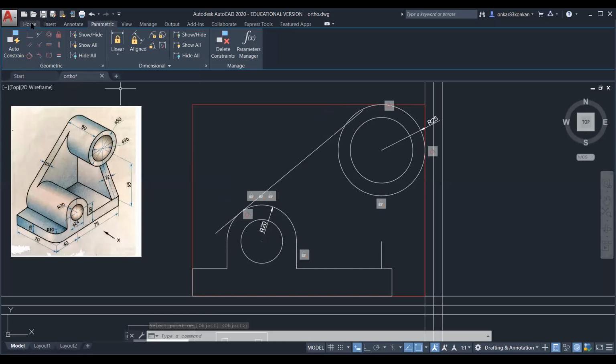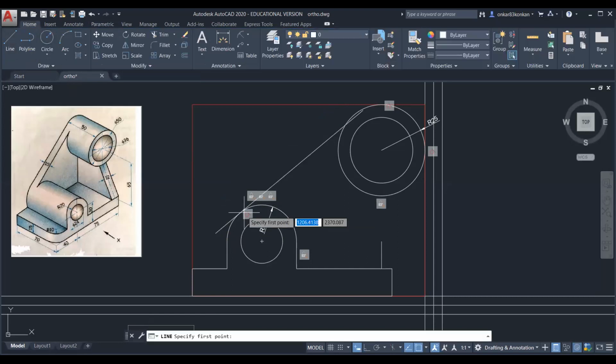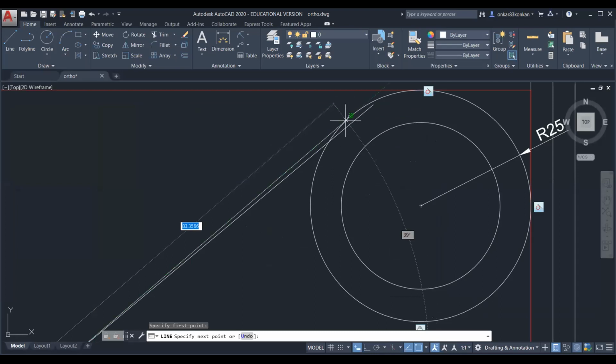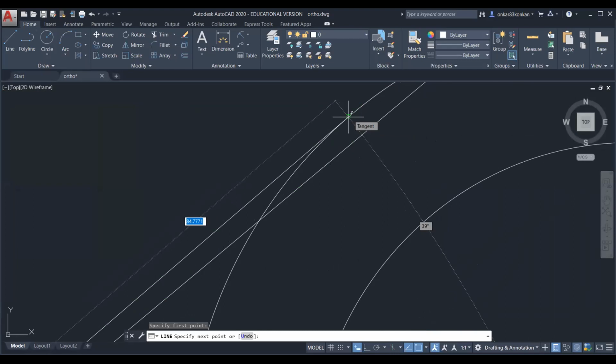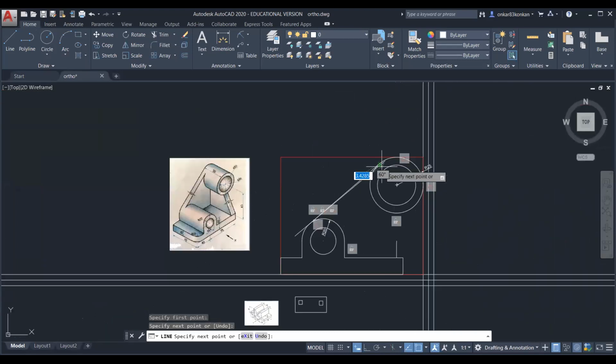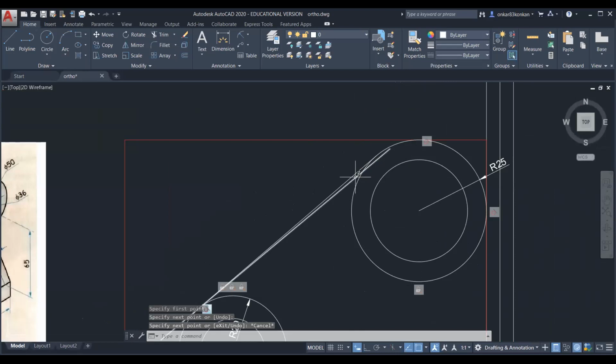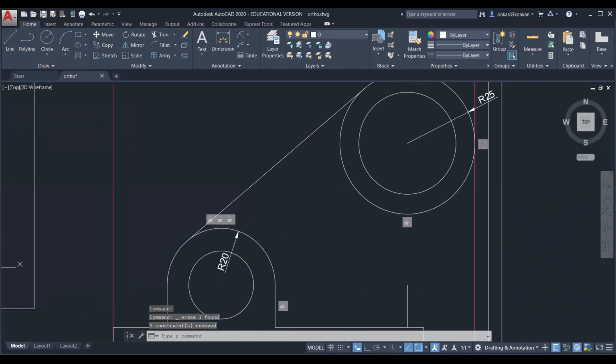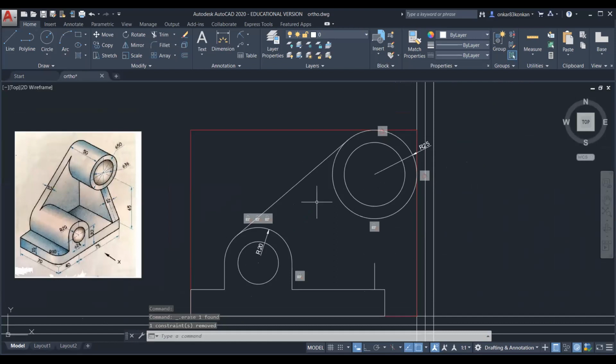And then you can select the line and you can draw the line. So here you can observe, if you move the cursor on this circle, then at one point you can observe the tangent constraint. Okay. So this symbol you can observe here. There is one circle and one tangent line in green color. So that symbol is nothing but the tangent. So click there. So this is the tangent line. And then you can remove this first line. So this is how you can draw the tangent line.